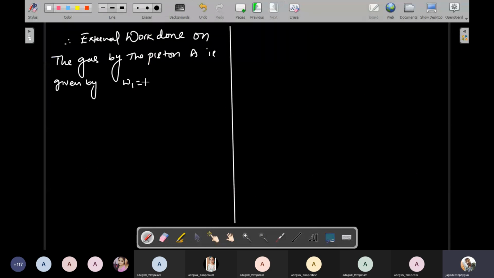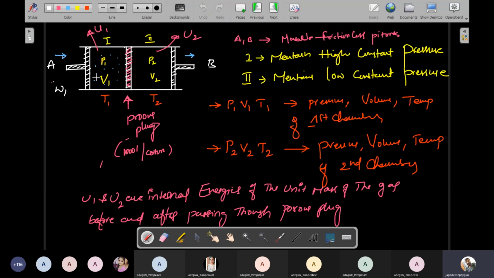Okay, so the W1 is equal to, but what is the W1? That is nothing but pressure and changing volume. So therefore, W1 is equal to P1 V1. So the pressure of the gas is P1 and volume of the gas is V1. So similarly, now if you move this piston A,